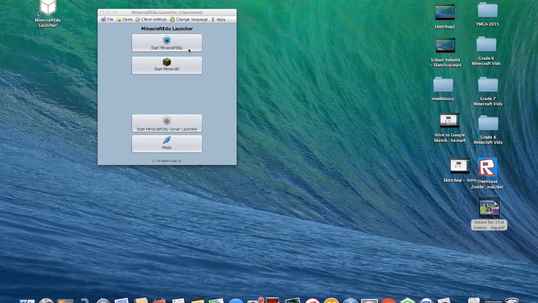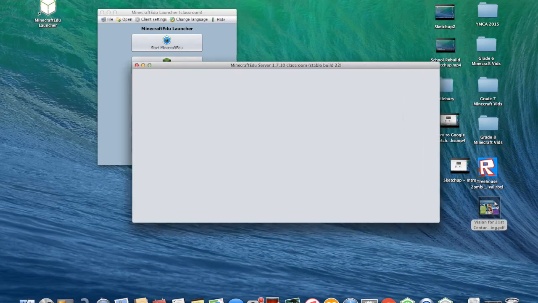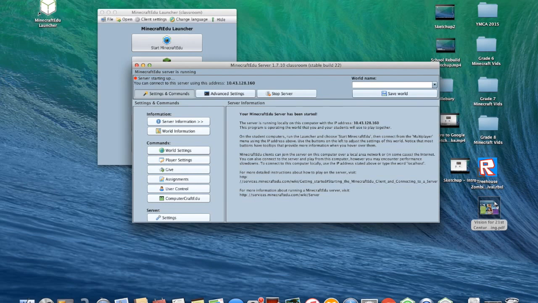The tutorial world will allow students to learn Minecraft through the tutorial world instead of you standing in front of the classroom teaching the students how to use Minecraft. Now while it loads here, I'll just wait. There we go, so the world's up. I'll get into a student view in just one second, but just to show you the type of things you can do as a server administrator,